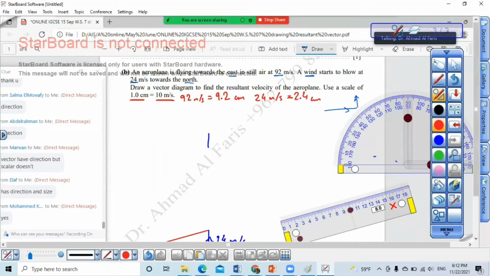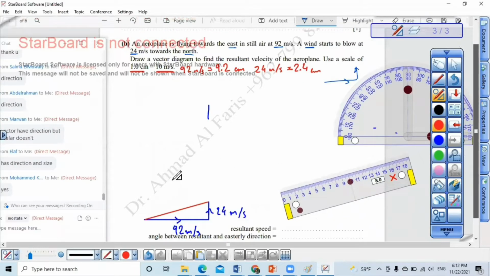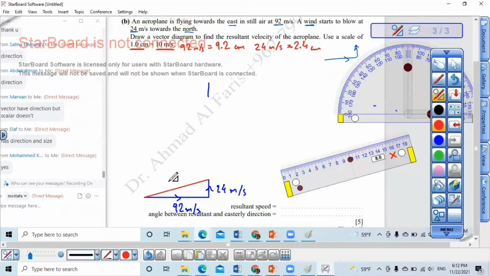The length of this line that I draw is the resultant. Pythagoras. I didn't hear what? Pythagoras. You can do that in Pythagoras. Yes, you can. But my last answer,